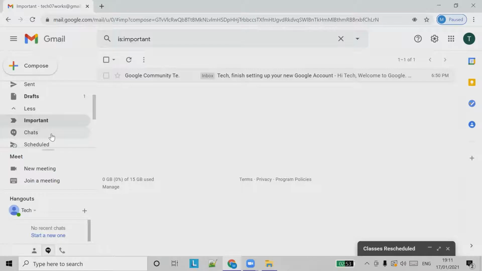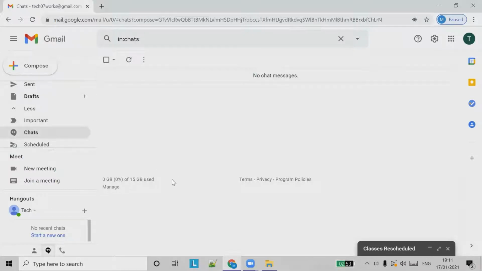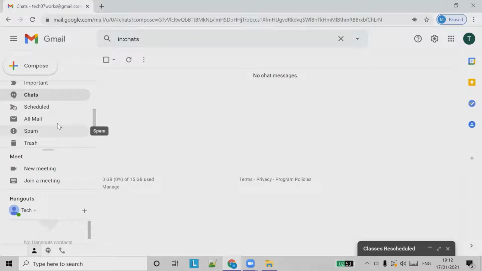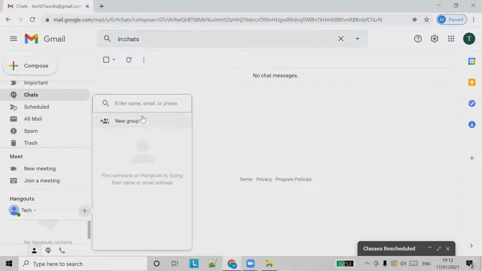Then you'll have chats. Okay. So you can chat with anyone. So let's say something like WhatsApp or Facebook chat, anything. Similar to all those things, instead of sending emails, you can have a conversation and chat with someone. So let's say I can say Robert, not someone.